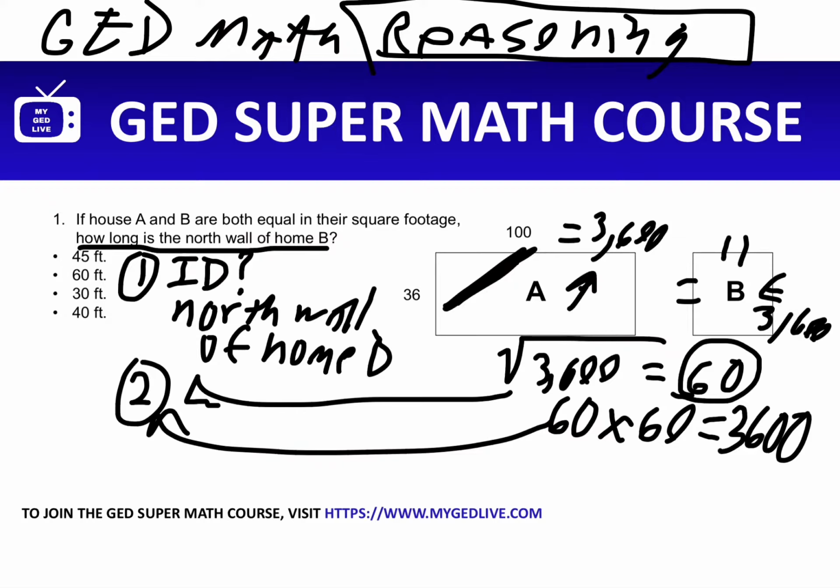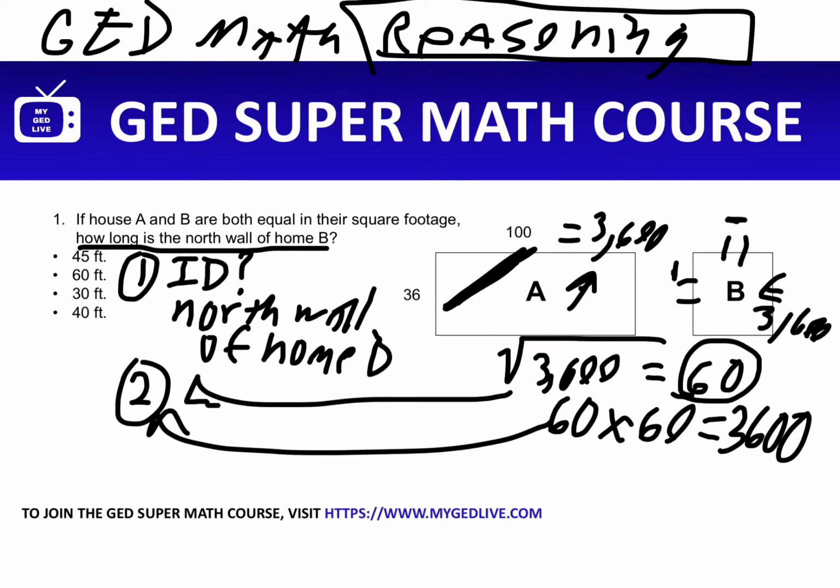So we're using a little bit of reasoning to find, oh, okay, now I could easily find the wall because I can simply do the square root, or use some process of elimination, or try out some numbers and find out what number multiplied by itself